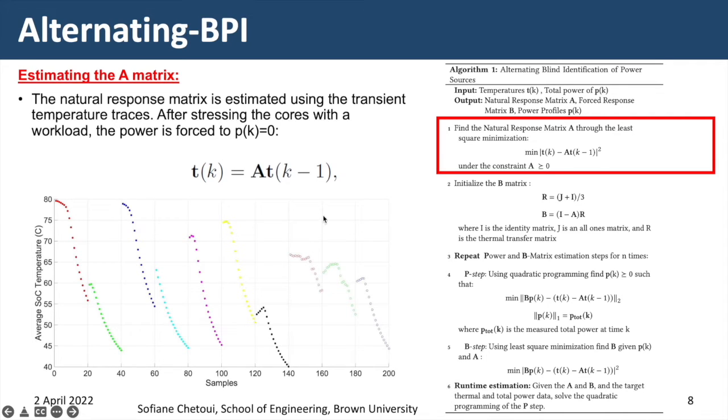We get the following version of the state space model. Mathematically, this is identified by using a least square minimization, where we try to minimize Tk minus A Tk minus 1,